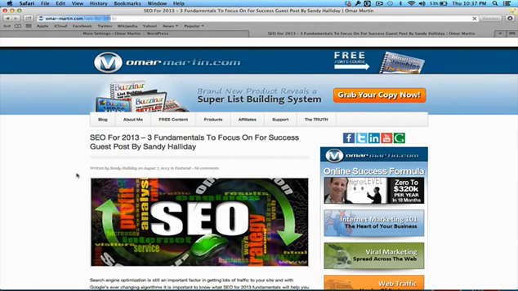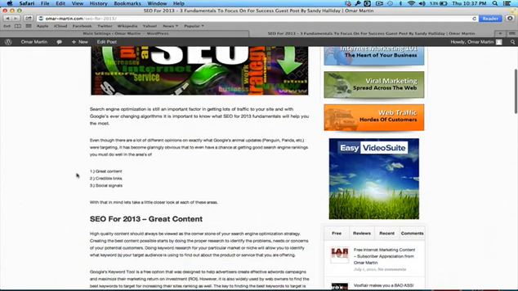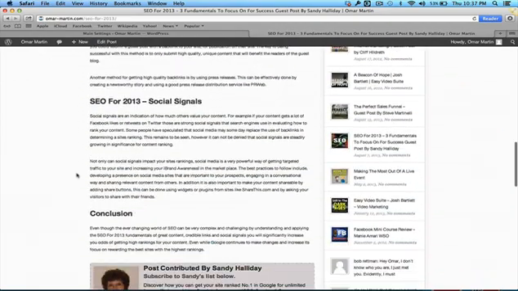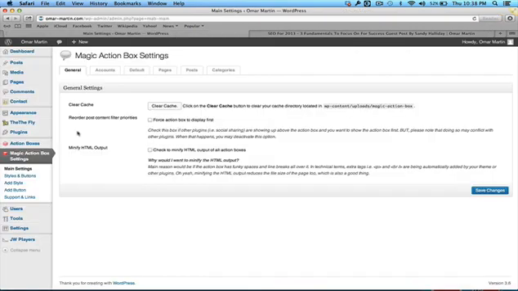This is a blog post by Sandy Halliday, and she actually wrote this blog post about SEO for my blog. It's all original content, and she talked about different things on there. And then at the end, I created this action box using the Magic Action Box plugin. And this plugin allows me to put an image, some text, and it literally creates this web form. I could copy Sandy's web form, drop it into there, and the Action Box plugin automatically formats things. I modified this. I chose the color, I chose the dash border, I chose the way that this looks. I added the image, and it's relatively easy to do. And there's so many different settings. And I'll give you an example.